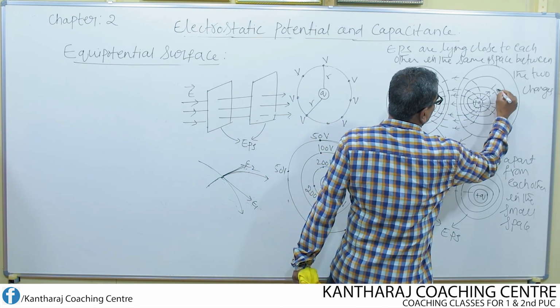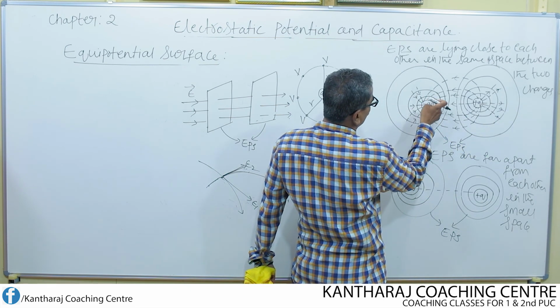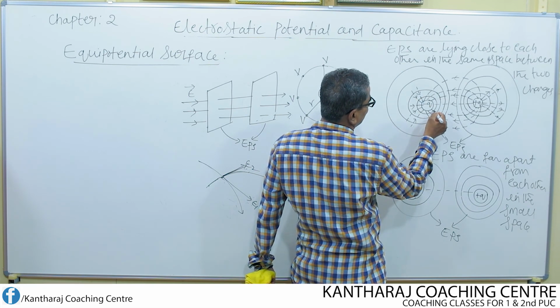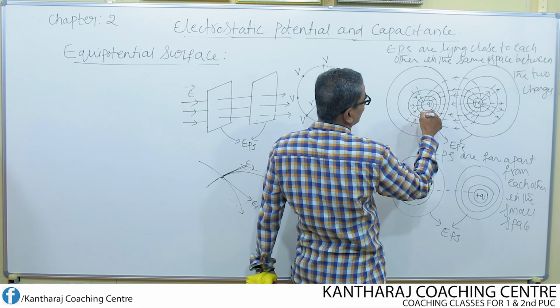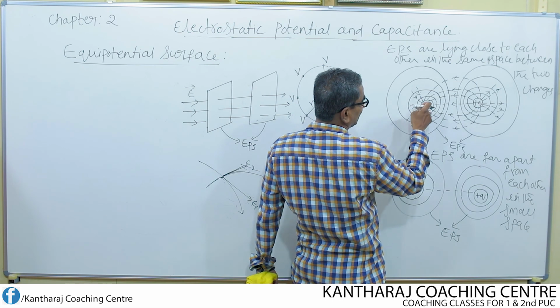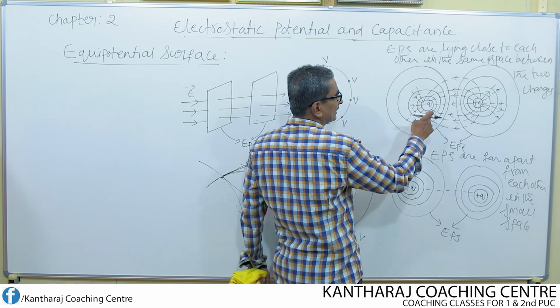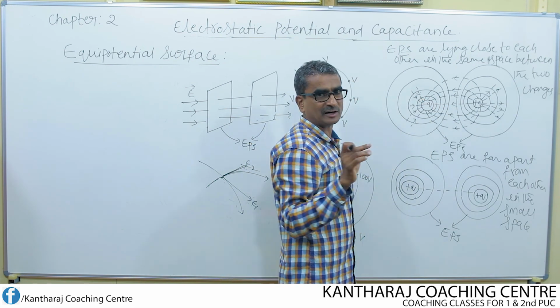This is the direction of electric field. You can notice here, close to the charge, too many lines of force are there. They are closely packed. That is why the field is stronger. That means wherever equipotential surfaces are close, their electric field lines are also very close to each other. That is why we say that the electric field is stronger in the region where equipotential surfaces are lying close